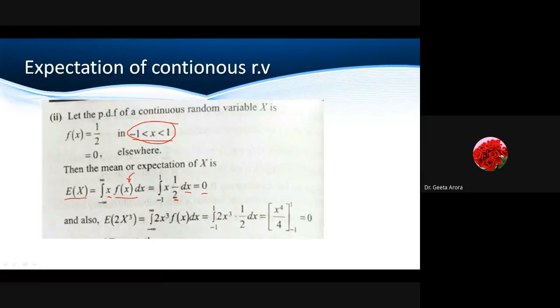Correct? I think this is an extra part. Till now we have not done this, so let me skip it. We will come to it when we show how the properties come into the picture.